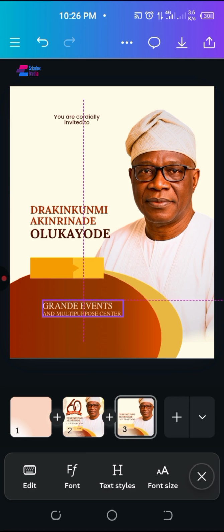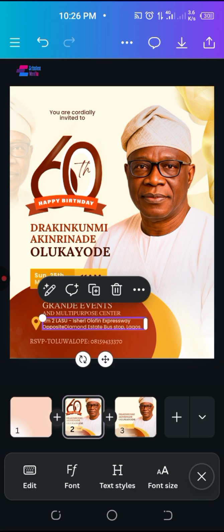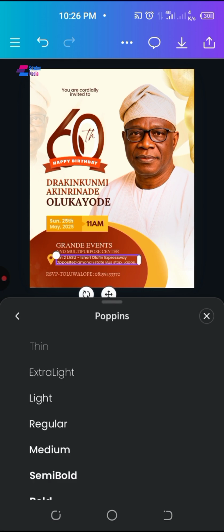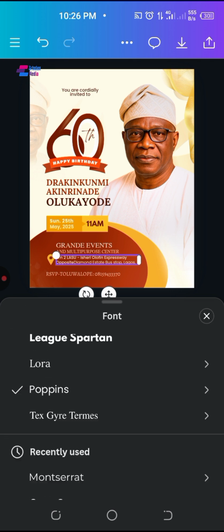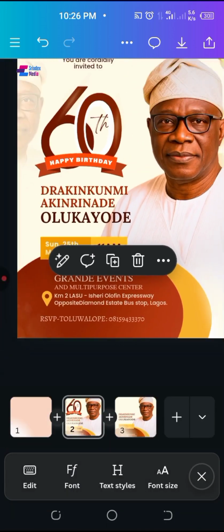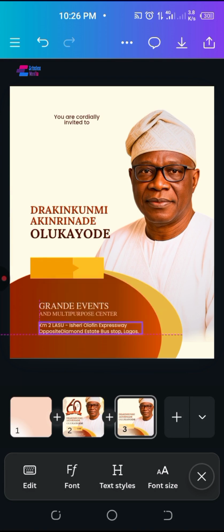I'm not going to go through the steps of typing it again, I beg, please. This one too, I also use Poppins for this one, and you can make it medium. So medium, but this I will duplicate it and then bring it over here,